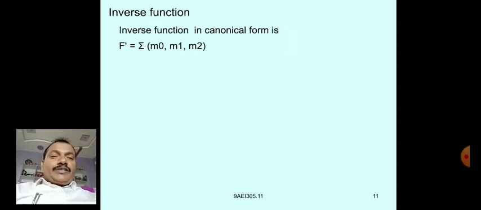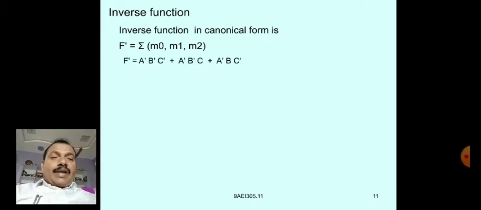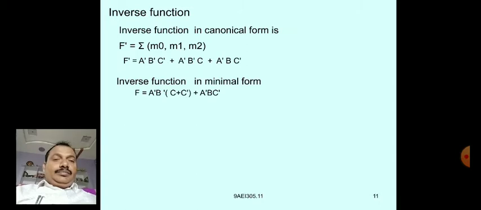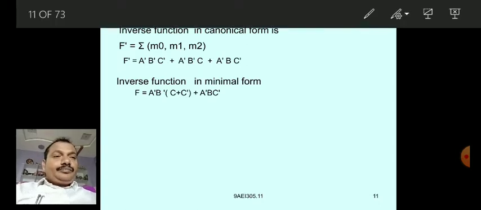So the F2 function, that is the inverse function that we had discussed. It is the expression like this. Let us simplify this. From these two terms, C bar is common, hence take it common, and that will reduce to 1, hence A bar B bar remains.